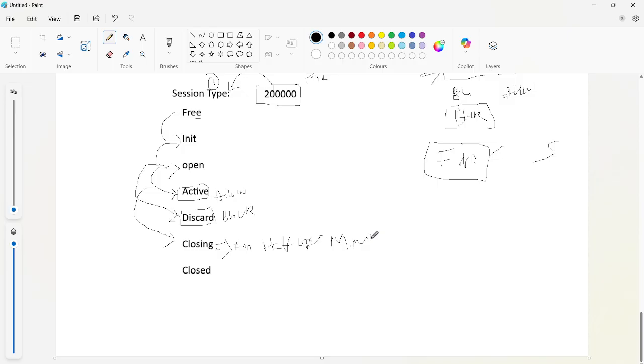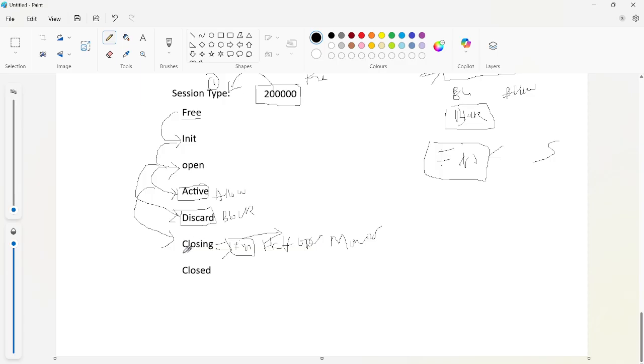Monitoring in the sense that if we have received a FIN from the client, and after some time the client has some data to send, it will again send the data, right? At that time it will again move into the active state or discard state, based upon the traffic we are sending and based upon the policies, it is going to the active or discard state.